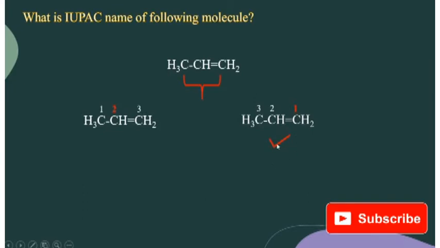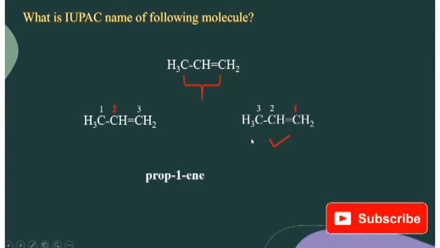Now I think you got how we can number and what the correct numbering will be. Now we'll write the name of the molecule. Again, the same thing. How will we write the name? Remember, for 3 carbons, what will be the name? Prop. So prop dash. Now see the position of the double bond. It is at the first position. So 1. And for an alkene the suffix is -ene. So the name is prop-1-ene.